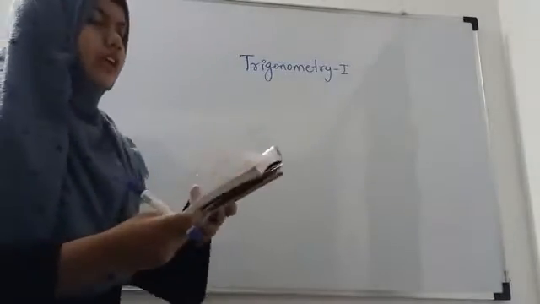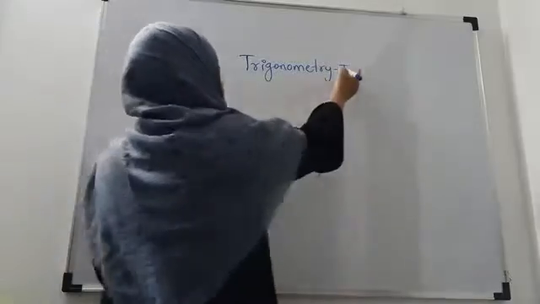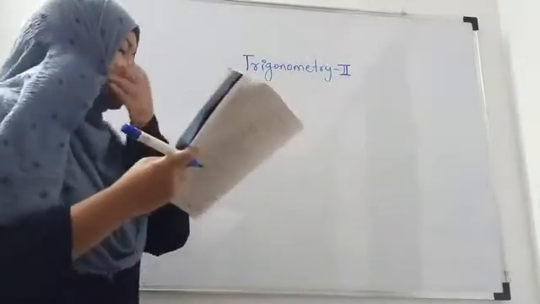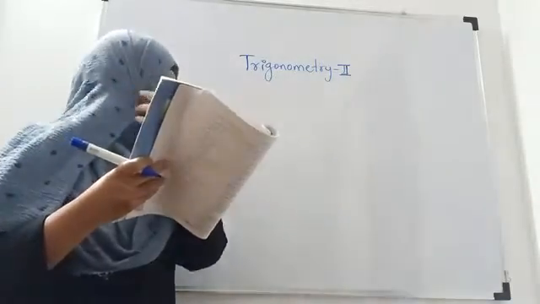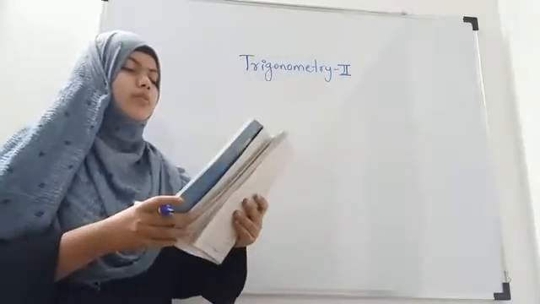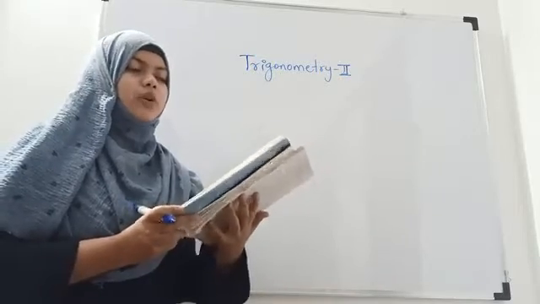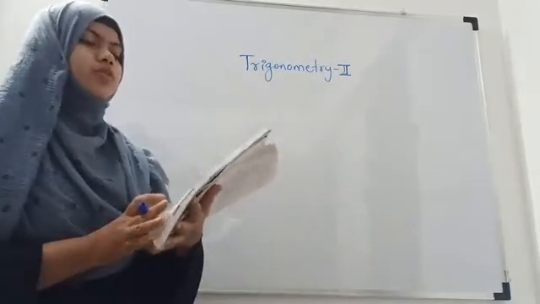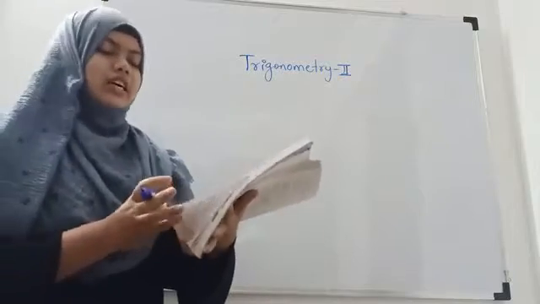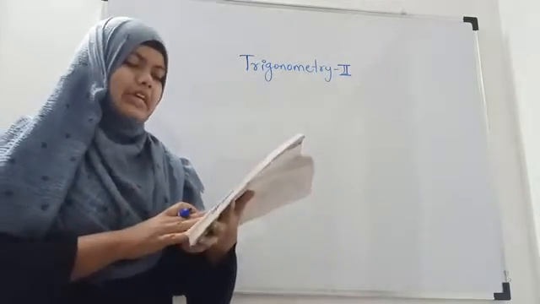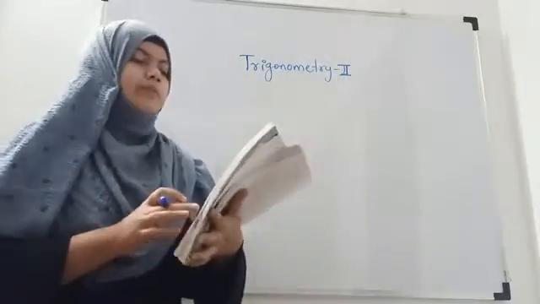Hello students, we are doing trigonometry chapter number 3, trigonometry part 2. In previous class we have seen the factorization formula and we have done problems based on that. So today also we will continue the exercise 3.4. We'll take 2 or 3 problems from that, and then we'll start the last topic of this chapter, that is trigonometric function of angles of a triangle.